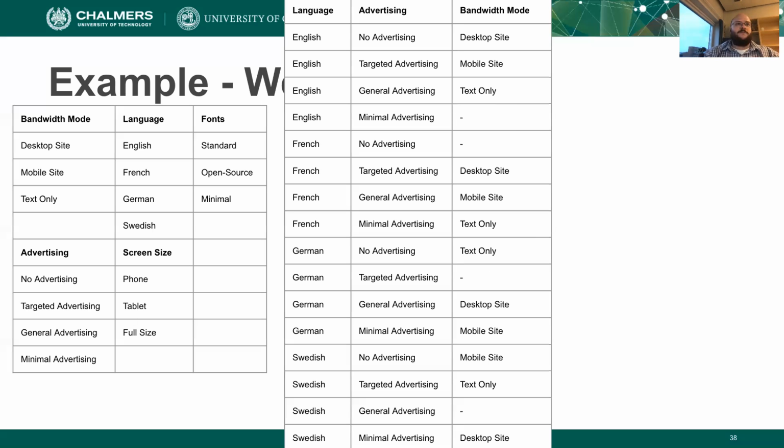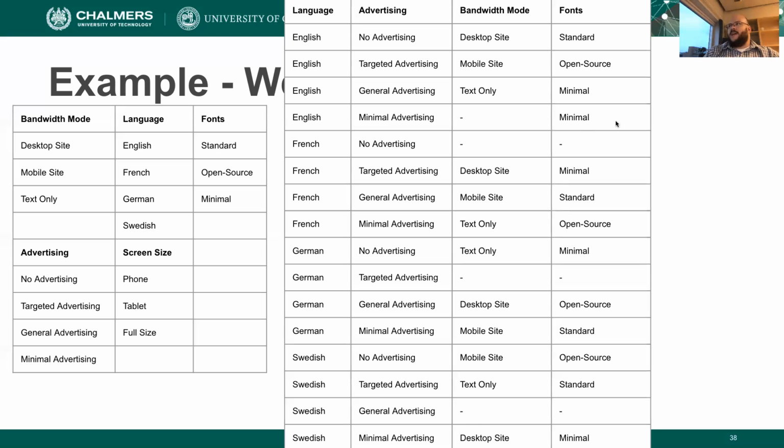but we can do this as we add more variables. So now we'll bring in a 4th variable, the fonts. And now again, as we go through and select, we want to select combinations of values of fonts. So we cover all combinations of font with language, font with advertising, and font with bandwidth mode, right? And so again, we can do this. It gets a little harder as we go along to make sure we've covered every combination. But again, if you just look at this one at a time and try and hit each of those, it's pretty easy to do. And you still end up with some of these don't care values, right? Because you've already covered the other combinations,